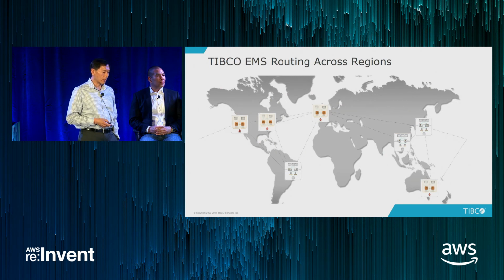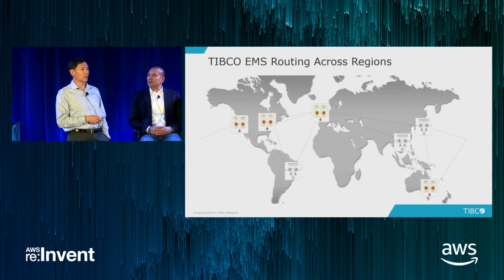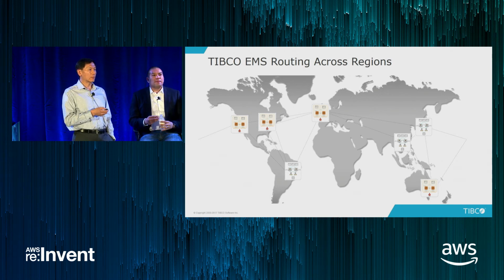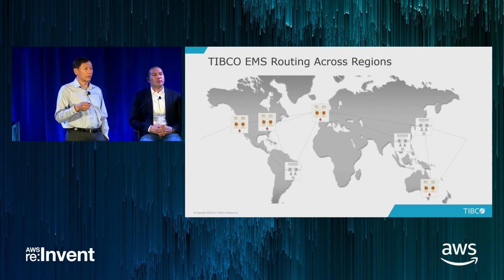Another important scenario, as many of our customers have global deployments, their EMS infrastructure is deployed across different geographies. So for instance, from New York to Amsterdam to Tokyo. Now, one of our customers is migrating from their data center in Europe onto AWS. What we have is an out-of-box routing capability. As their applications are running locally, connecting to their local EMS infrastructure, we are able to route the messages by destination to the other data centers. So as one of their first data centers moves to AWS, they can still get that seamless integration, as all the applications can be routed where the messages cross.